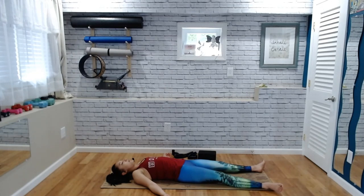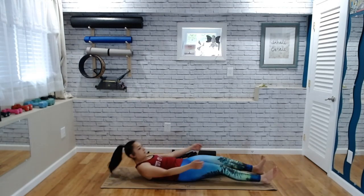Taking a deep inhale. Long, steady, smooth exhale. Relaxing from the tip of the toes to the top of the head. Relaxing the feet. Relaxing up through the legs. Relaxing the hips, relaxing the belly,